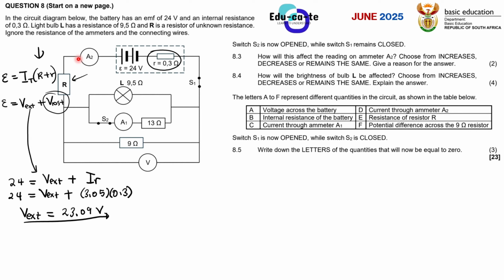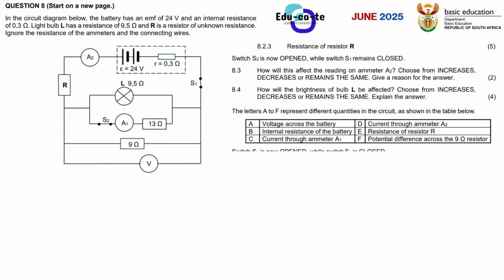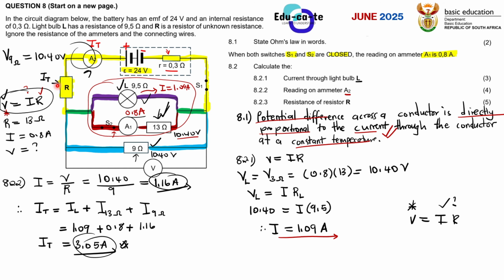The total voltage of the circuit, where will it go? Some of it will go to resistor R. We said that resistor R is the series resistor, right? So some of it will go to the resistor R. Some of it will go to the entire parallel combination. Remember that the voltage across a parallel combination is equal. So some of it will be across this parallel combination, all of it, and some of it will be across the resistor R.